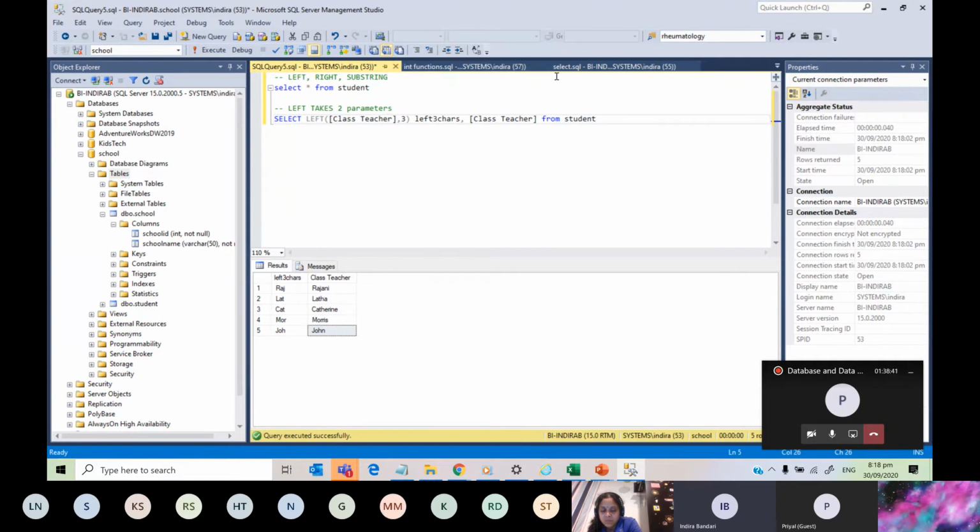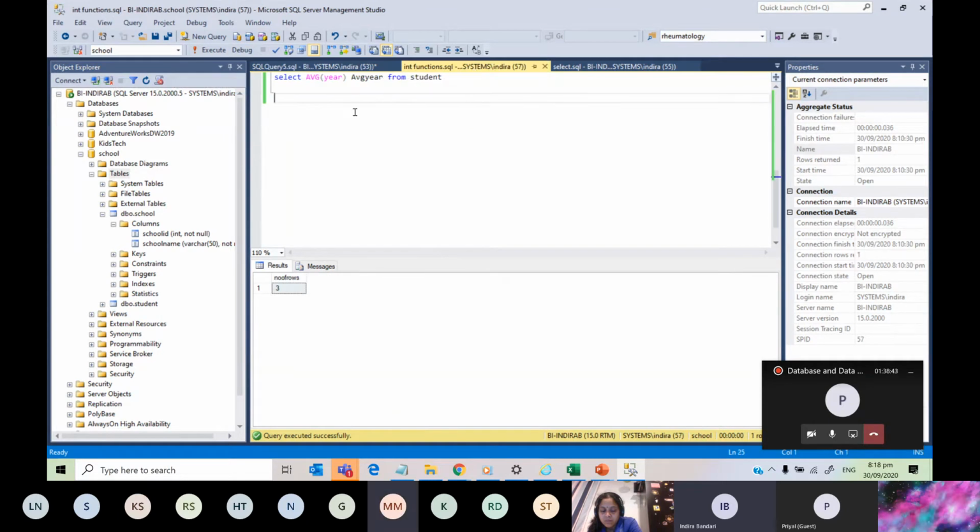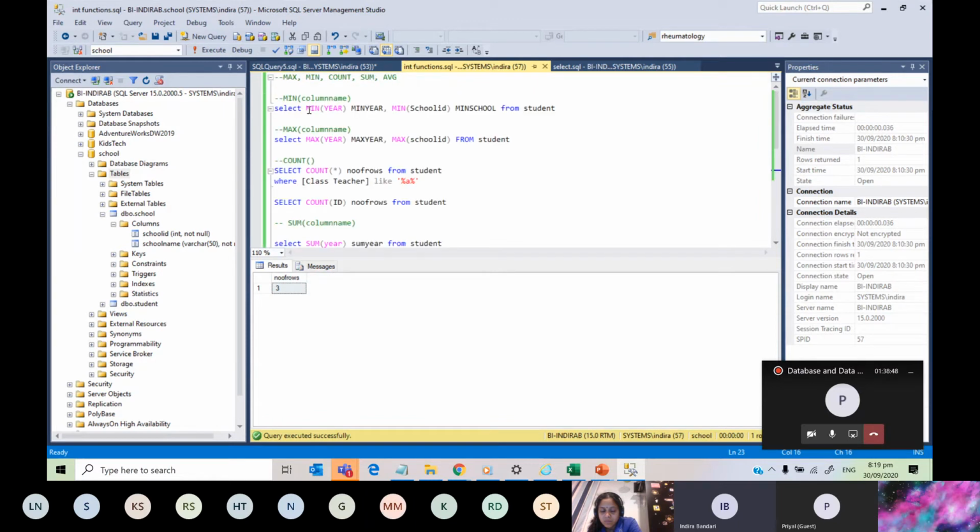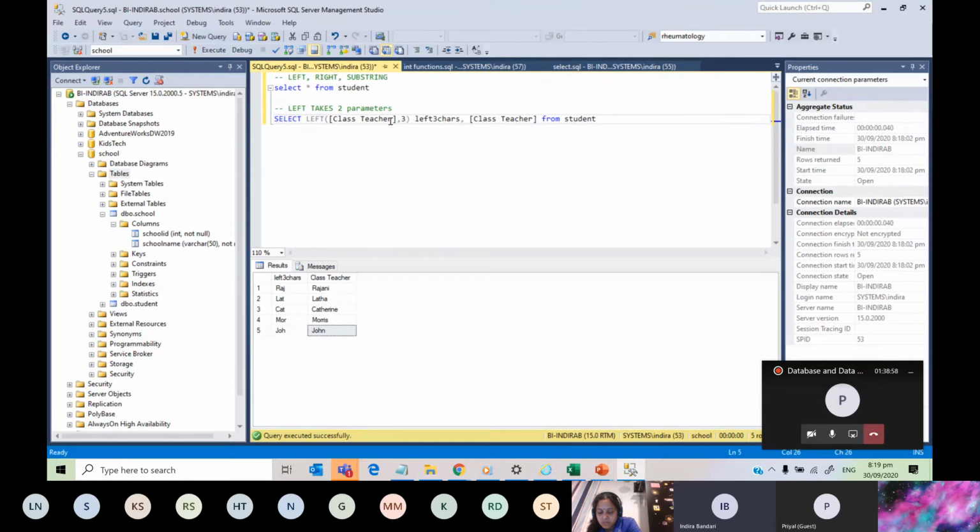And if we look at the int functions, we have only one parameter there. They take only one parameter. All the min, max, year, all these take only one column name as the parameter. But these functions take 2 parameters, at least the first 2 take 2 parameters. Okay, so let's